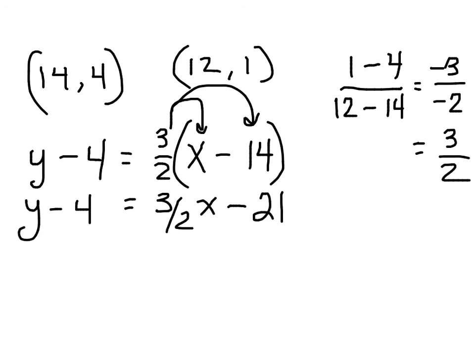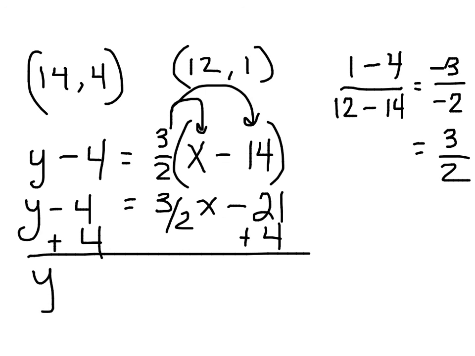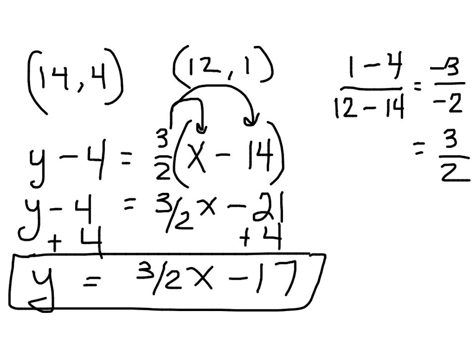Now, how do I get y by itself? How do I get rid of the 4? Add 4. Good job. What's negative 21 plus 4? Negative 17. So the flight line for that helicopter to get to the shore as quick as possible is y equals 3 halves x